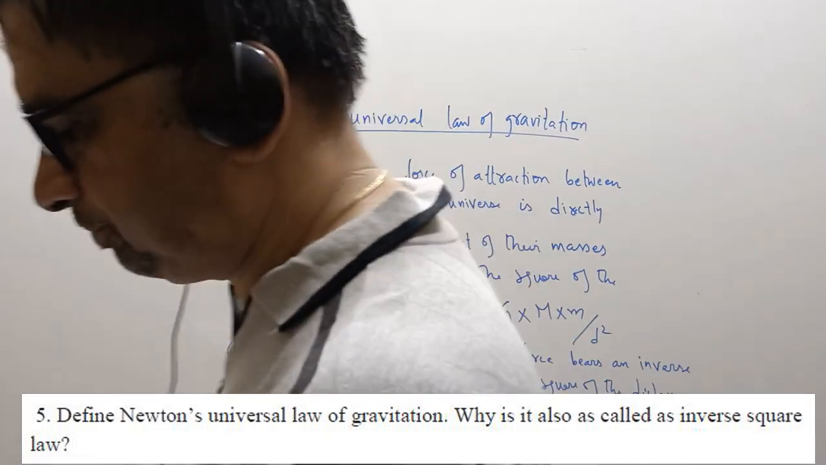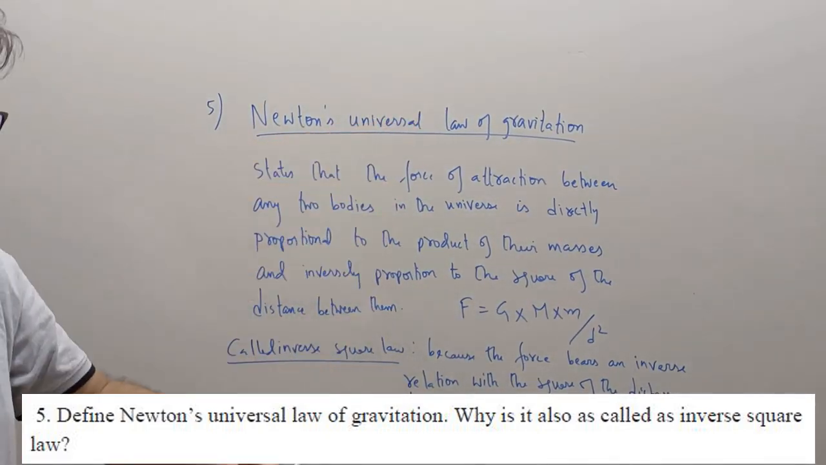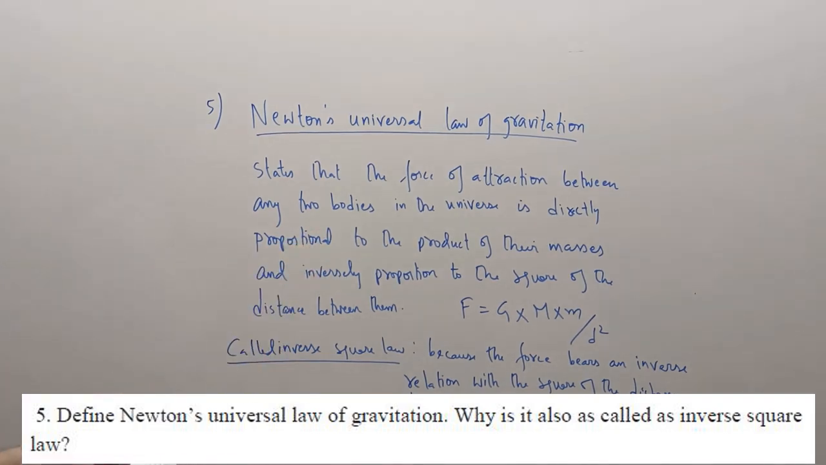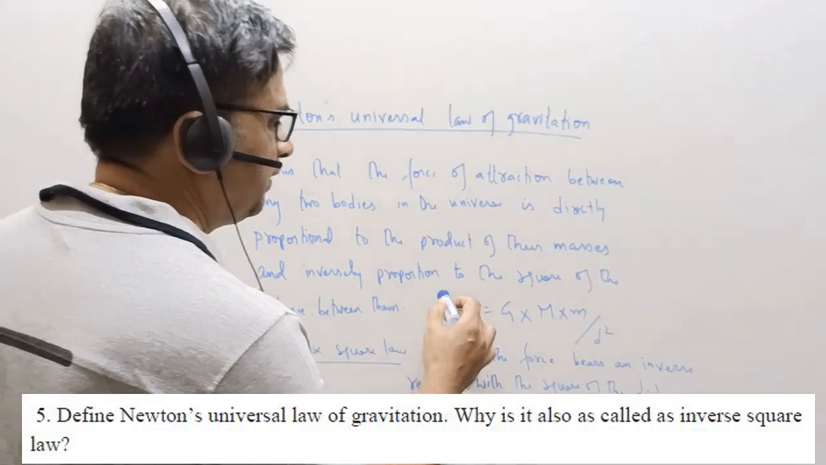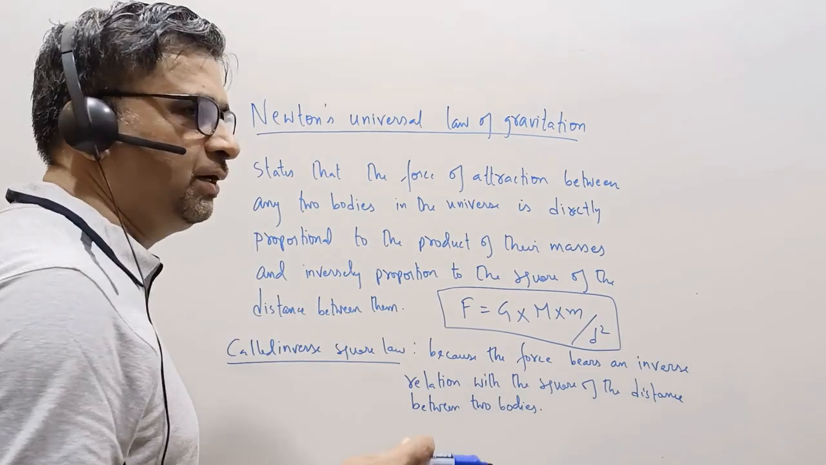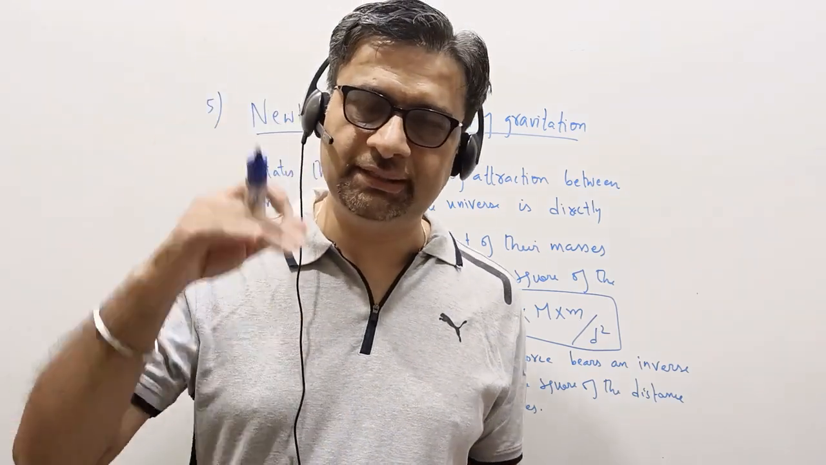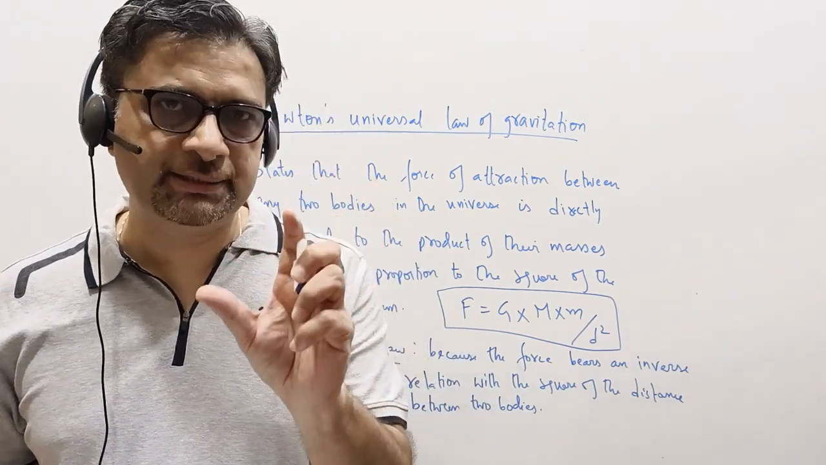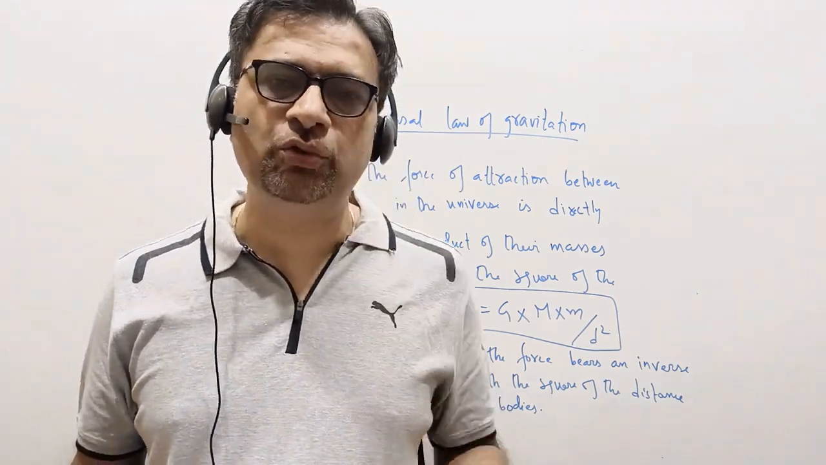The next question: define Newton's universal law of gravitation, and why is it also called the inverse square law? Well, let us just look at this relation and everything will be clear. Whenever there are two bodies anywhere, they could be one in Hyderabad, the other in Bangalore, or one on the earth and the other on the moon, anywhere in the universe. Whenever there are two bodies, no matter how far, there is going to be a force of